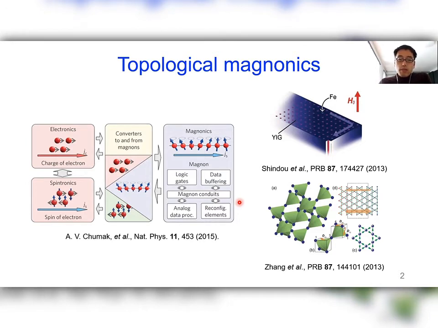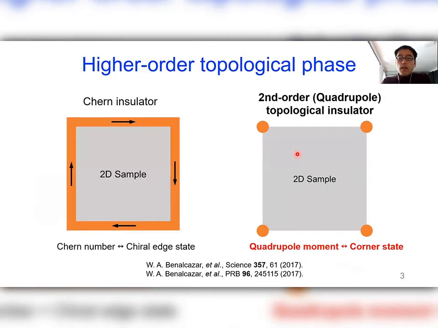So far, there have been many theoretical proposals on these topological magnons, including magnonic crystals and pyrochlore lattice, and many more models to follow. And recently, a new topological phase called higher-order topological insulator was proposed, which supports boundary-localized states with spatial dimensions lower by two or more compared to the original spatial dimension. So here I'd like to introduce it for magnons in two-dimensional systems.